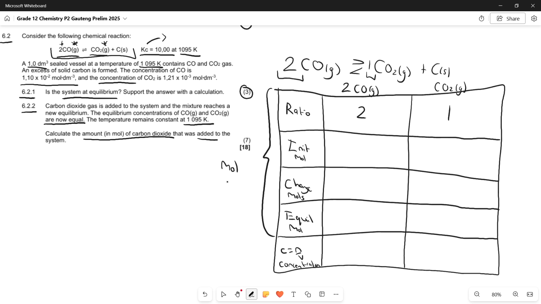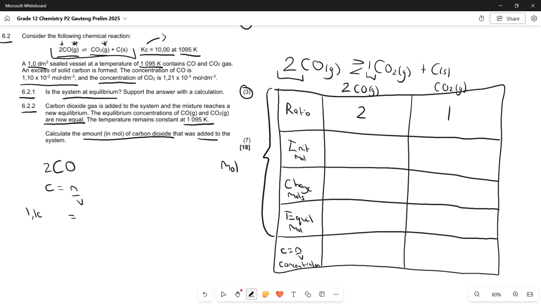In order to calculate our initial moles, what we have to do is look at the concentration that they had previously before this new reaction took place, because this is the second reaction we're doing. We are now using the previous equilibrium value as our initial values over here, but they didn't give us the moles of them in equilibrium. They did give us the concentration, but that is quite easy to calculate in this scenario, because for our CO over here, they told us that our CO's amount of concentration, if we go C equals N over V,